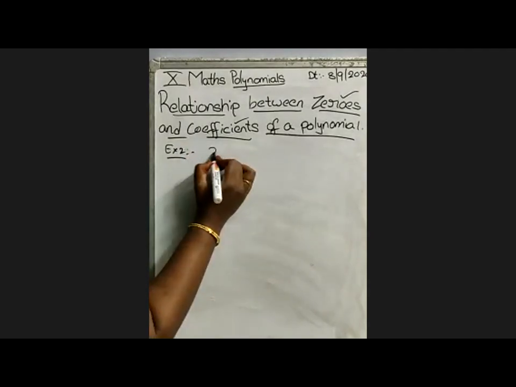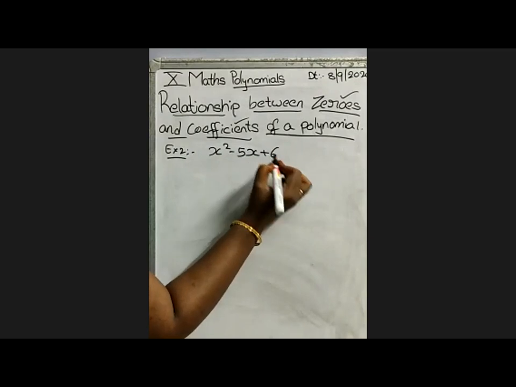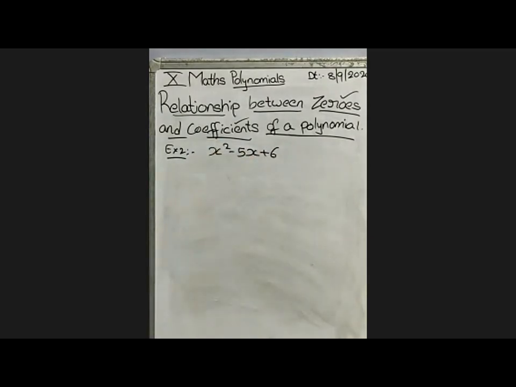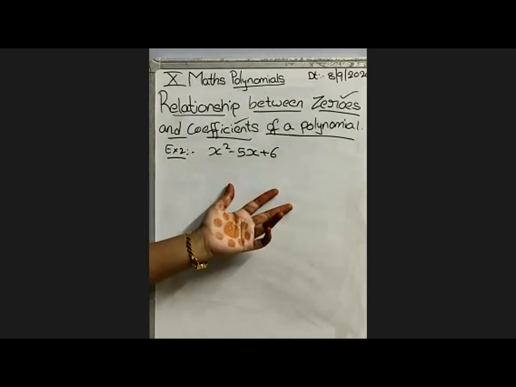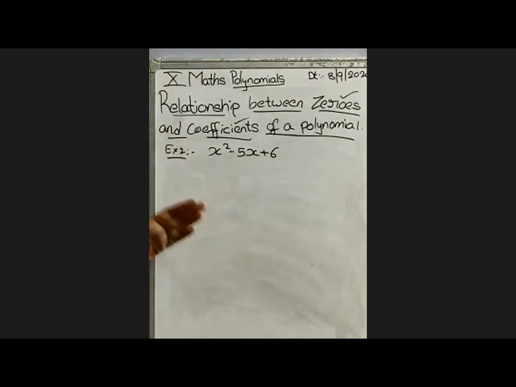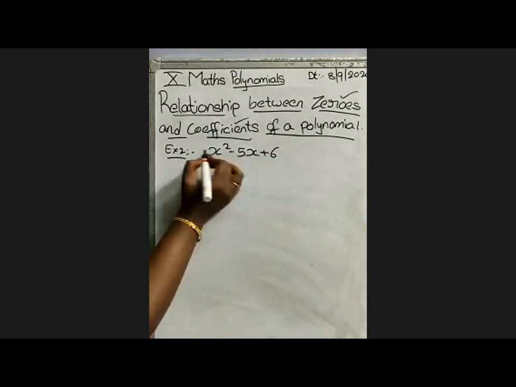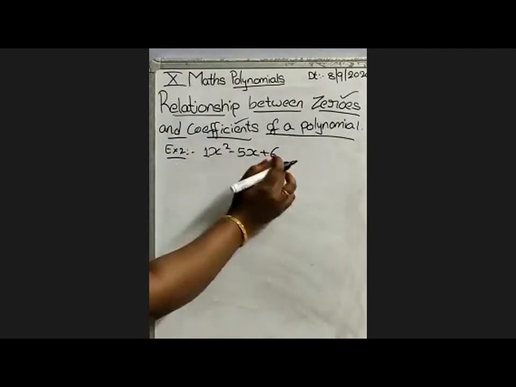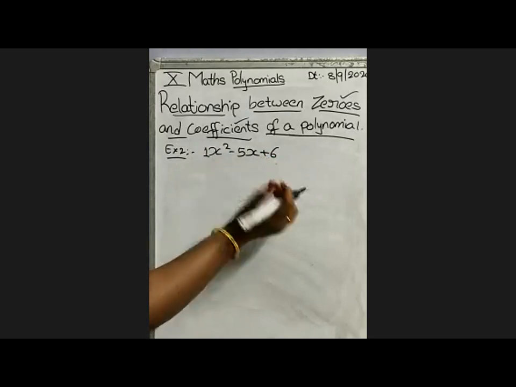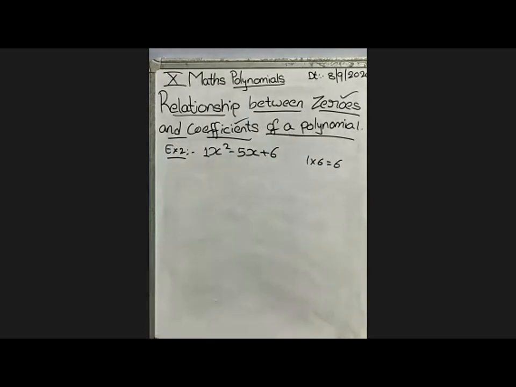Suppose x square minus 5x plus 6 you can take. Okay, ma'am, first do the factorization for this. How can we find the factors? In 9th, 8th we found that. Suppose we take x square minus 5x plus 6. What is the coefficient of x square? Nothing is written, so 1 is there. We have to imagine 1 is there. So 1 into 6, this is the constant 6. So 1 into 6 we will get this 6. So how